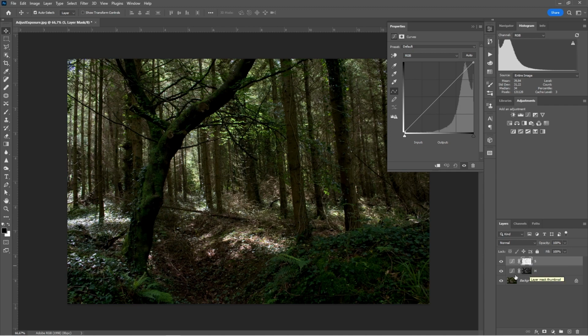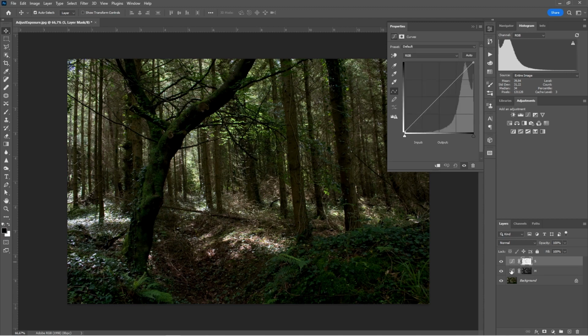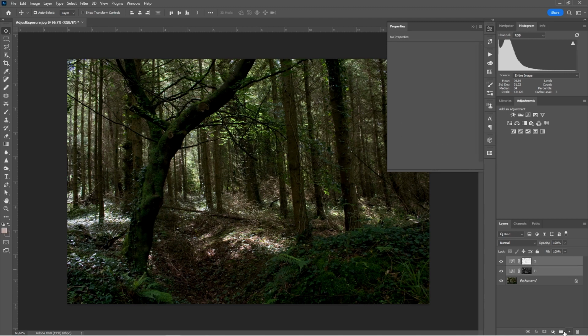We can go ahead and put them in a group. So I'm going to select both of them, holding the Shift key, click once, click twice to select both, and place them inside a group, Control G on the keyboard. And I can call that group Exposure. So that's my two adjustment layers with their masks, one for the shadows, one for the highlights, created through my